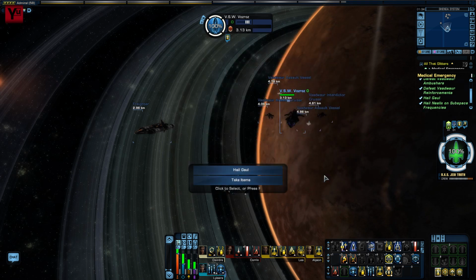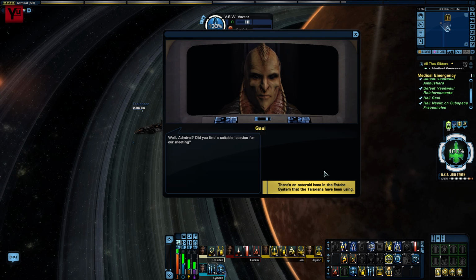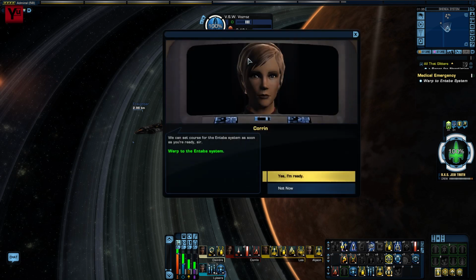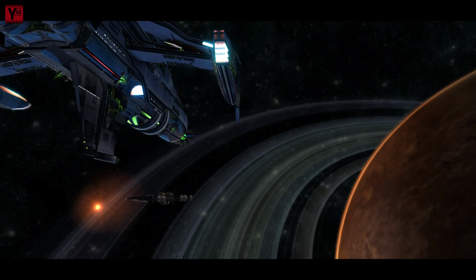Why am I even thinking about this? Hail Gaul! Yes, there's an asteroid base in the Talaxian community. There are still Talaxian communities. Yes, there are. Wait a minute, weren't you on the Voyager episode where they ran into the Talaxians? Anyhow, send the coordinates. We'll talk there. Yes, I'm ready. Let's go and talk with the